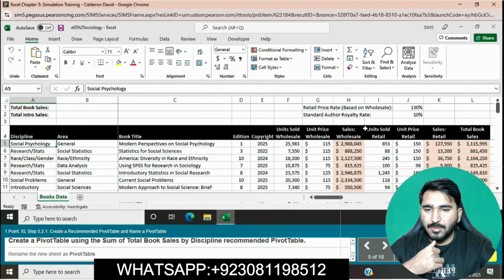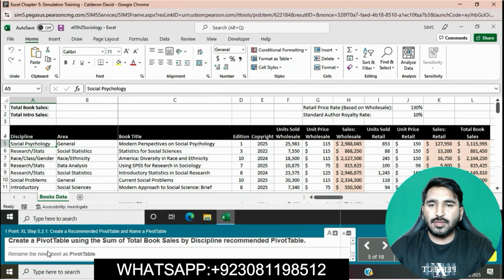Create a pivot table using the sum of total book sales by discipline recommended pivot table.